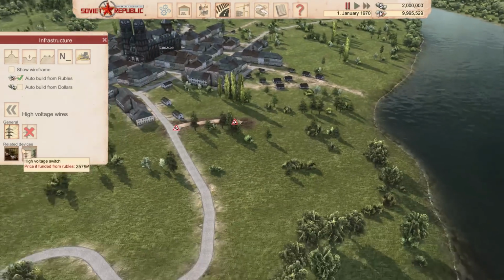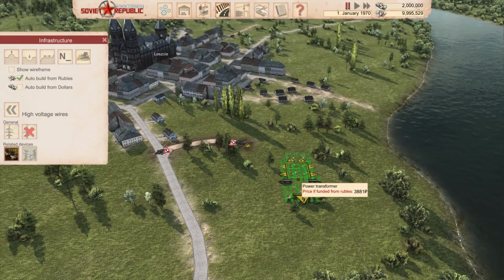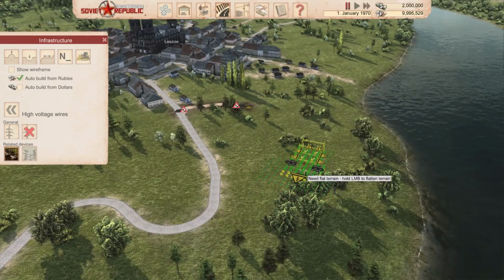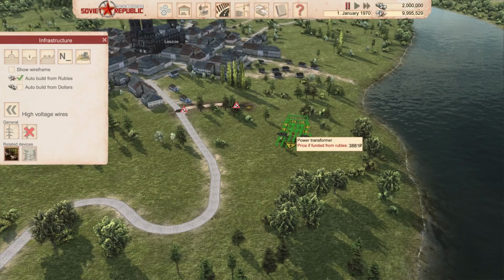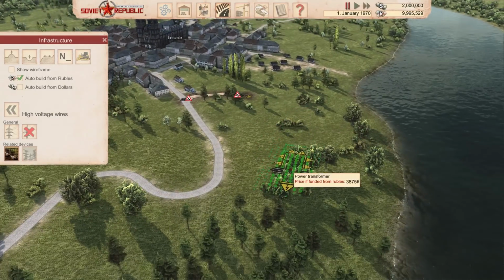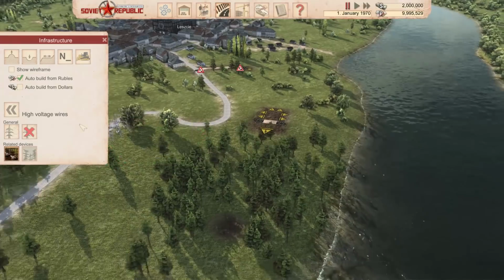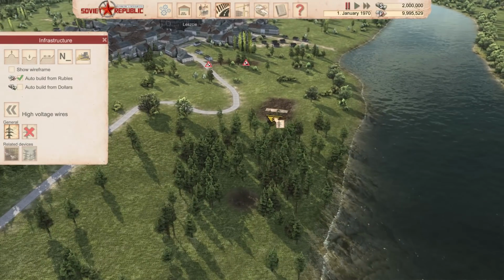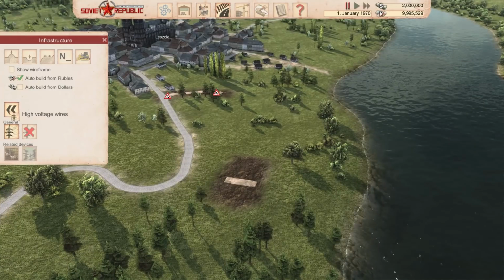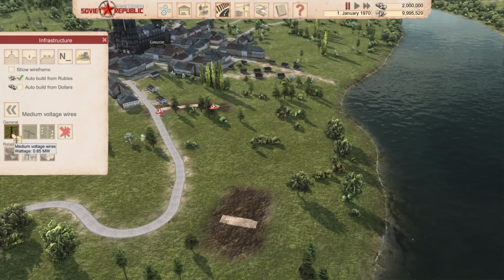Alright, so that transformer doesn't have that, so I'm going to need a power transformer, which converts it from the high voltage down into the low voltage. Okay, so let's whack our power transformer here. That will do. High voltage wires going from here to there. There we are. And our medium voltage wires coming from